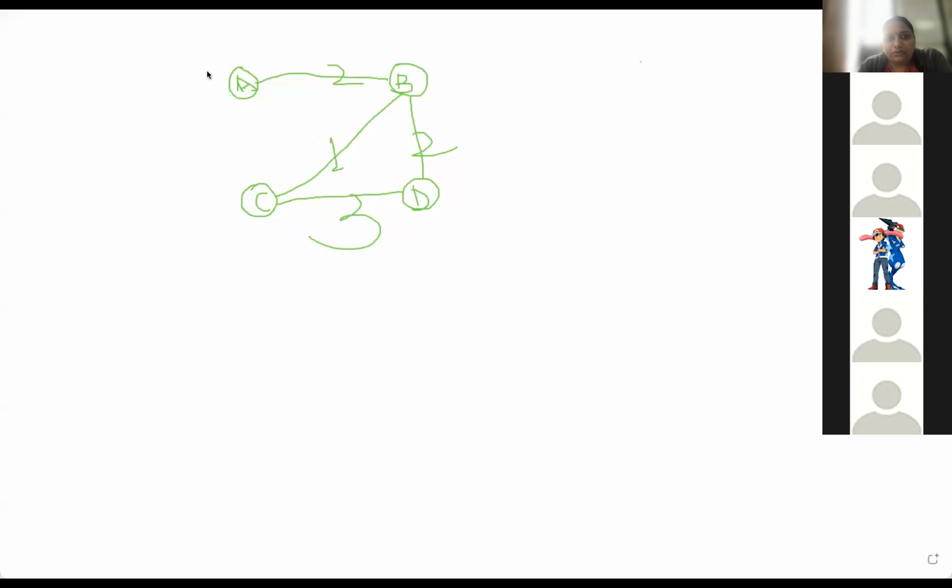Suppose I start with C. Now I have two edges from C. One is from C to B and one is from C to D, but the minimum weight is C to B. So my spanning tree will contain